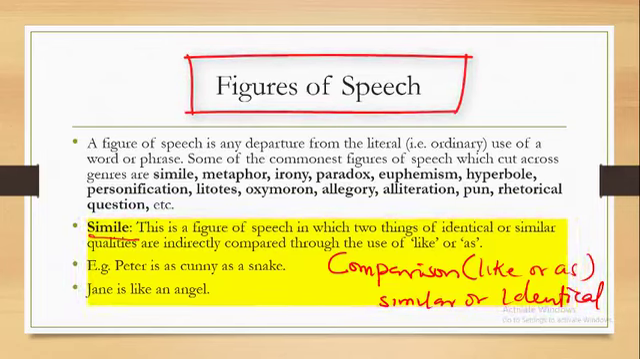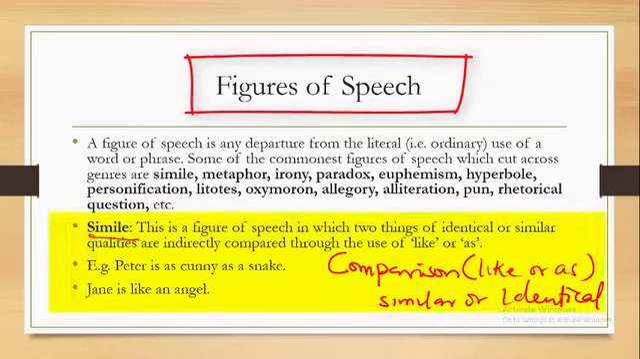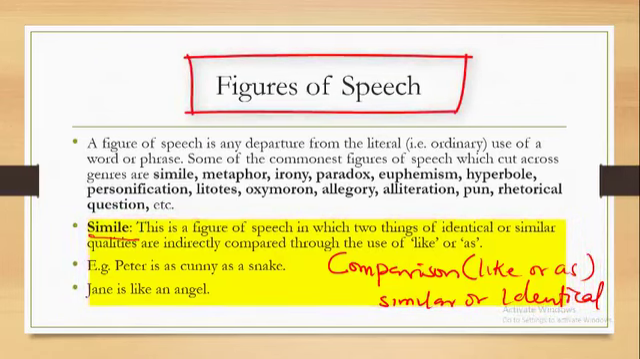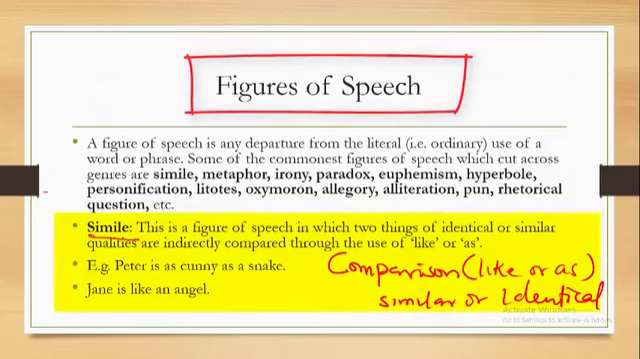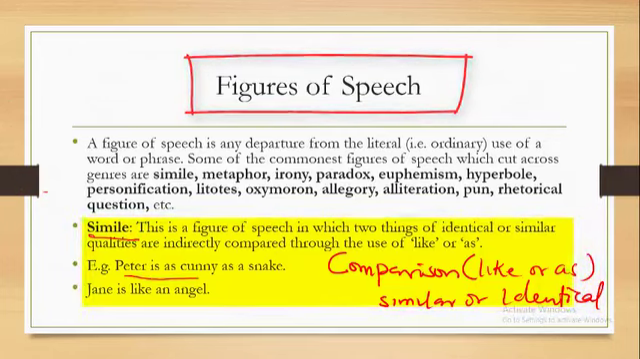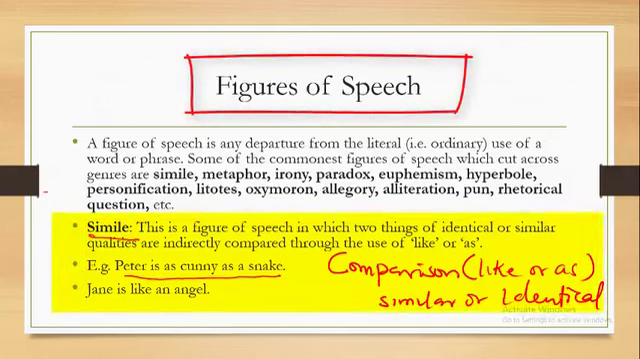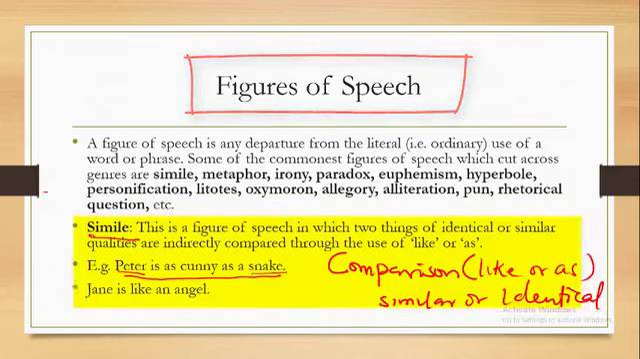For an example here, we said Peter is as cunning as a snake. Okay, so we looked at the comparison there. We have Peter being compared with a snake. But what are we comparing? We are comparing how cunning Peter is. So the similar thing they share is that Peter is animate, the snake is also what? Animate. Okay, so we are comparing how